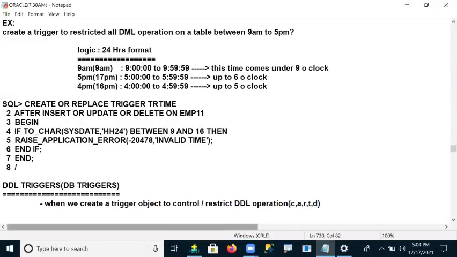Restrict DDL operations on a particular database.